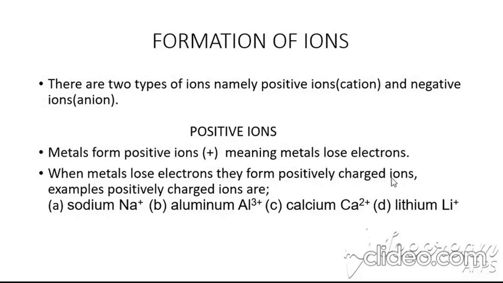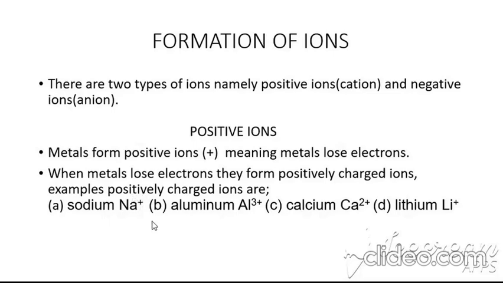Examples of positively charged ions are the sodium ion, like this. This plus you are seeing here is an indication that sodium loses one electron, and it's placed in group 1. So all group 1 elements lose one electron. Same with lithium. On the periodic table, lithium and sodium are placed in the same group. That's the reason why they have this plus 1, meaning they lose one electron,